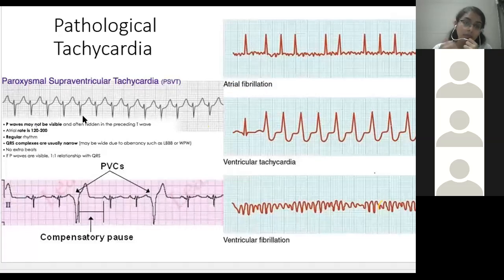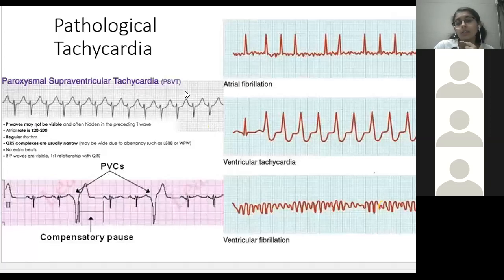Other supraventricular pathology you can see is paroxysmal supraventricular tachycardia, PSVT. The difference between atrial fibrillation and PSVT, as you can see here, is that you cannot recognize the T waves or P waves in atrial fibrillation. There are only R waves, QRS complexes, but very vague. In paroxysmal supraventricular tachycardia, you can at least see some T waves with ST elevation. The QRS complexes are regularly spaced, although there is loss of P waves.